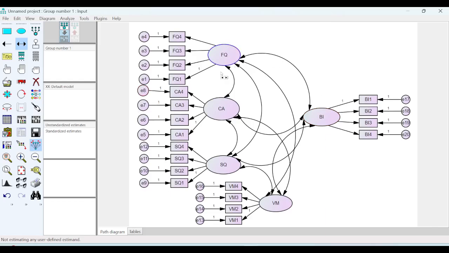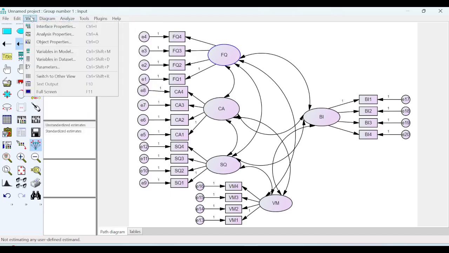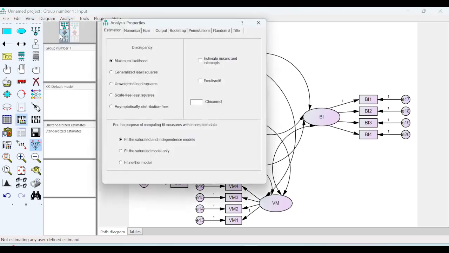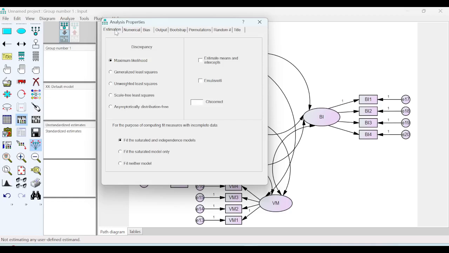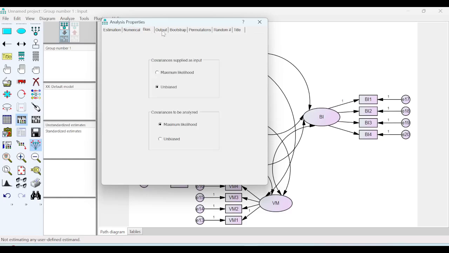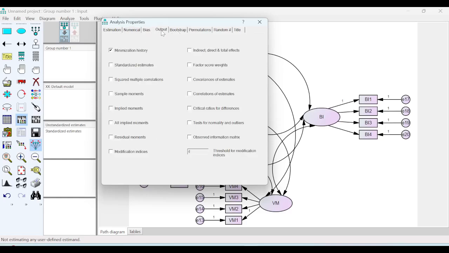So this is how I made the covariance connections between my latent variables, and now I'm going to assess the multivariate normality which we are studying through this video presentation. I go to view, analysis properties. You see here estimation is maximum likelihood, which I explained in the slide also. Rest is all okay for now. We go to output, and in output you see here test for normality and outliers. This is the one we need to click for now,